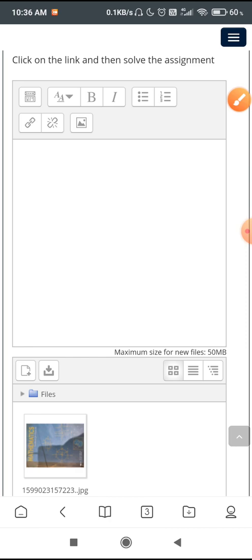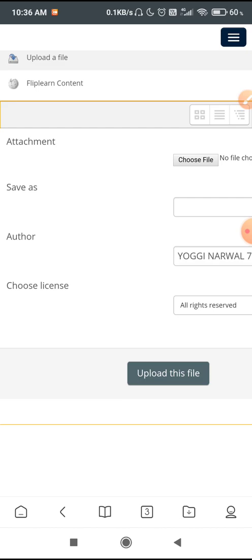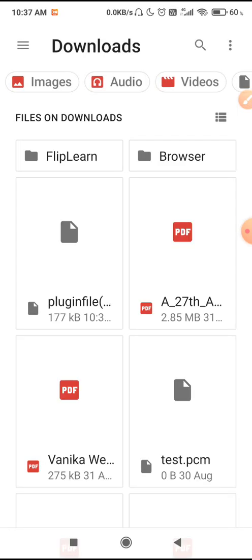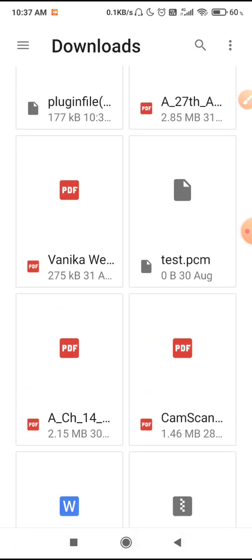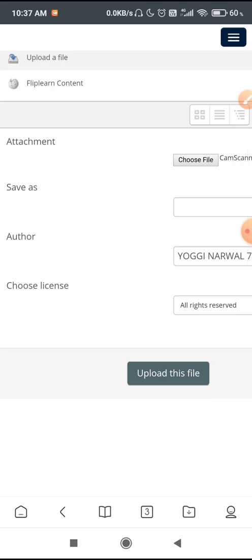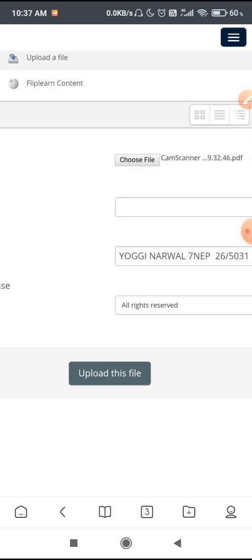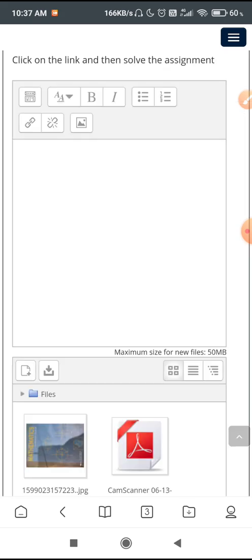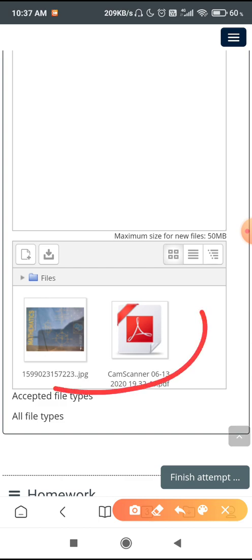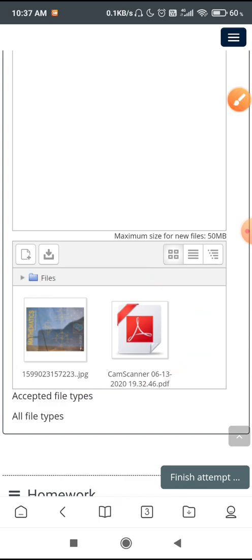Now I will show you how you can upload a PDF. Again you click here, then Choose file, then go to file. I will take any PDF file from here. Suppose I want to upload this. Here is also the icon, then upload the file. It is taking a little bit of time, and you can see both the files are uploaded. If by mistake I uploaded the wrong file, I can delete either one. I will delete one file and show you.